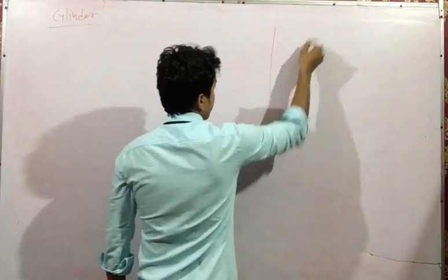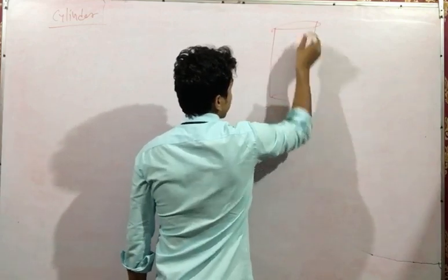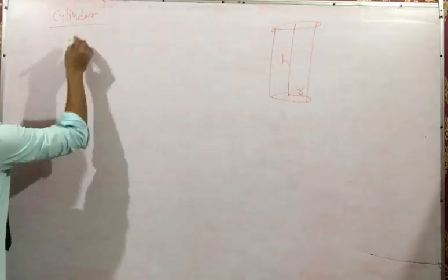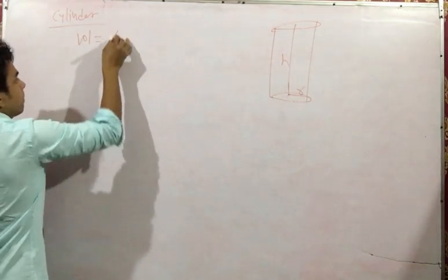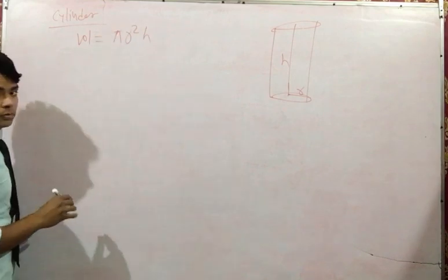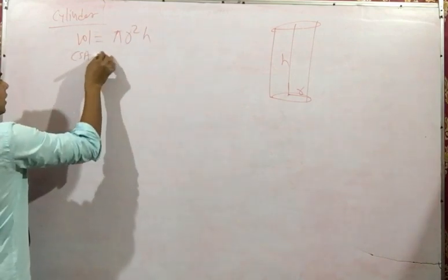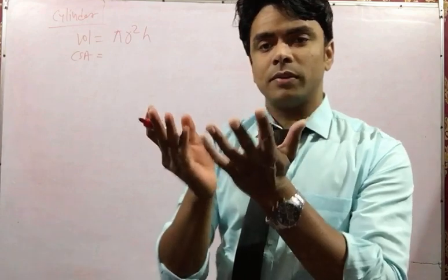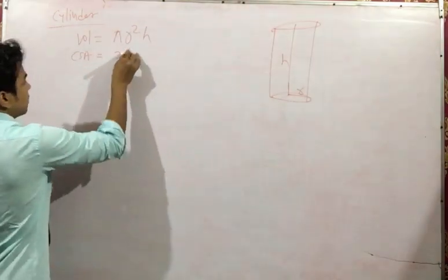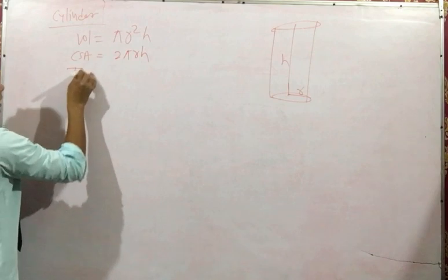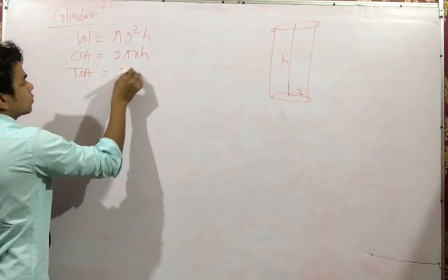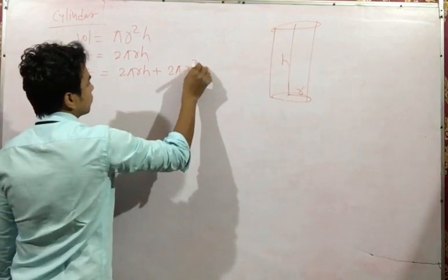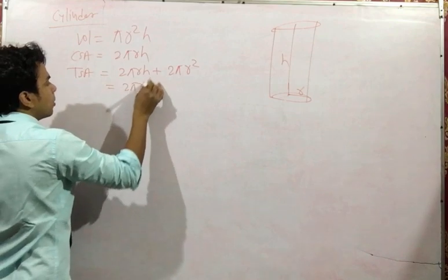Cylinder is, this is the height and this is radius, this is height. Okay, in short. So for cylinder, first of all the volume is pi r square h. Okay, now we find the curved surface area. Here we introduce a new term, that is curved surface, because in cylinder the surface is curved. Okay, so curved surface area is 2 pi rh. Then TSA, what is TSA? It is 2 pi rh plus area of two flat surfaces, that is 2 times pi r square. When you take 2 pi r common, it is 2 pi r (r plus h).